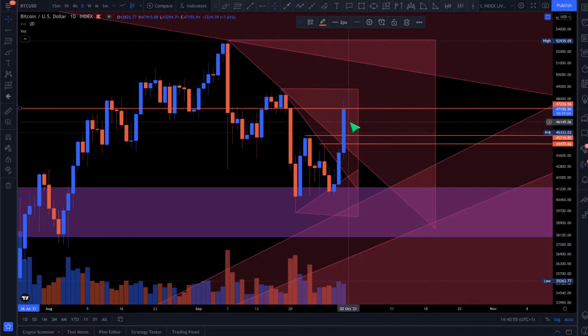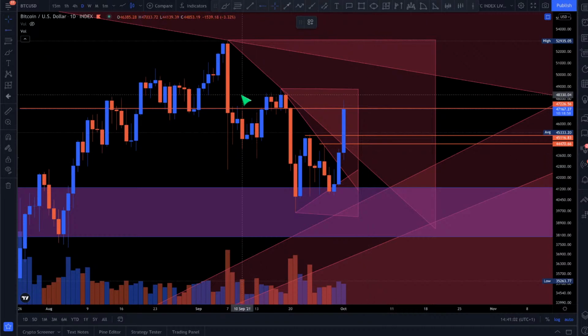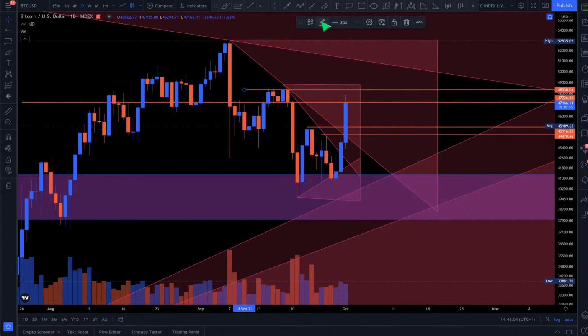So until that happens, this trend has not completely reversed. As long as we stay below this line, we have not completely reversed the trend. So white line here, you can see we have not reversed the trend. This is still a downward trend. You can see this high here, and then a lower high here and a lower high here. This is still a lower high. It does not change the trend, guys.